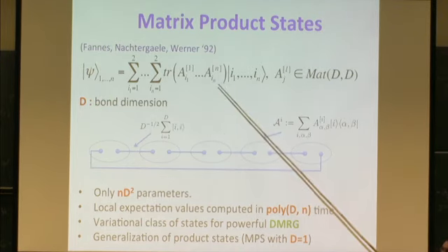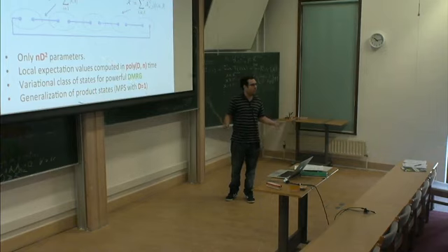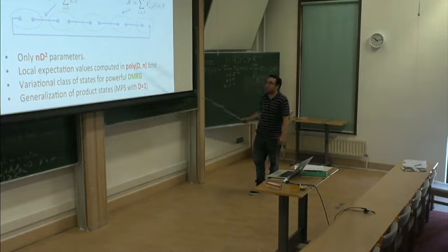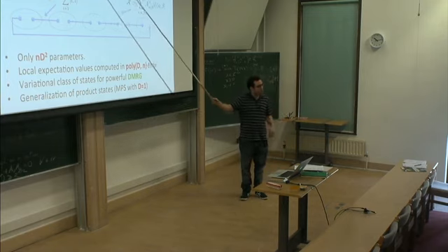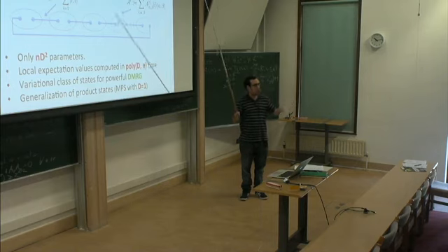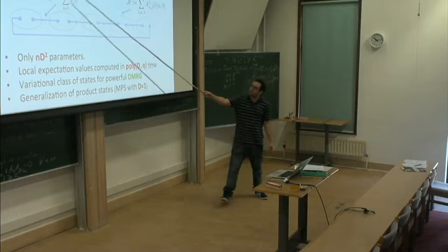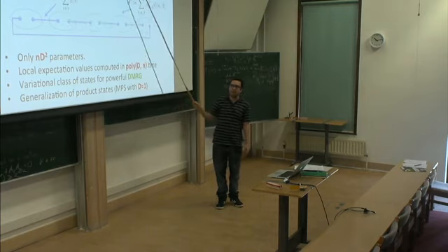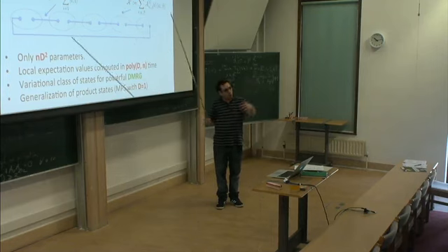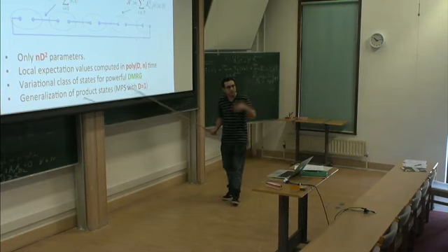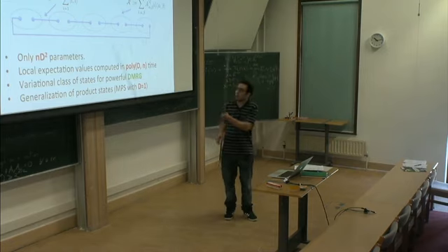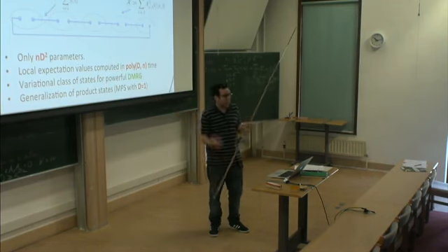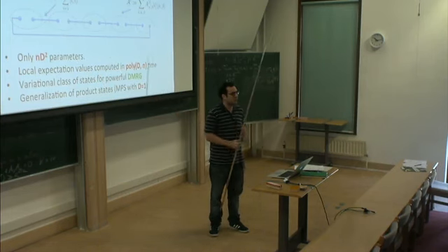And it's nice because it's a way to go beyond product states, right, that we saw yesterday. If you look at this state when the bond dimension is 1, you can check that you get product states. Then you can start growing it and putting in more complexity, up to the point when this capital G is exponential in n, like 2 to the n, and then you can write any state like that. So it's just a way of interpolating between product states and general states. But of course, we're only interested when this is sufficiently small. Any question on matrix product states?